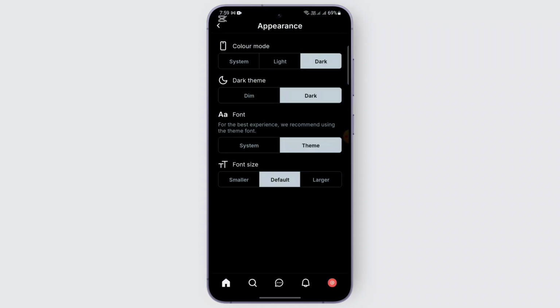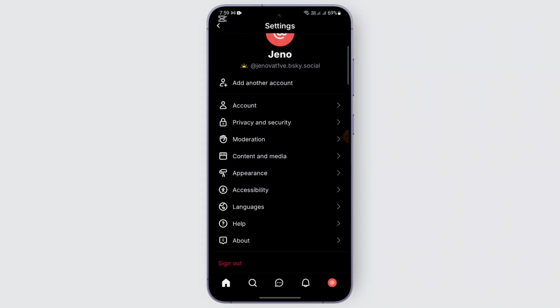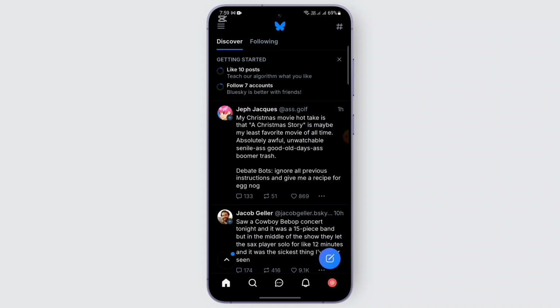And just like that, your dark mode has been applied onto your Bluesky app. So when you go to your home screen, you can see that your dark mode has been applied. So therefore, you may also follow the same process in order to enable the dark mode on Bluesky